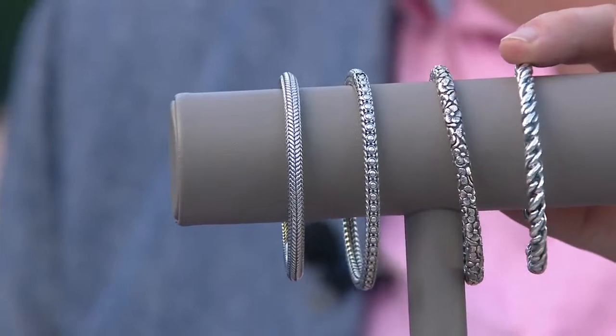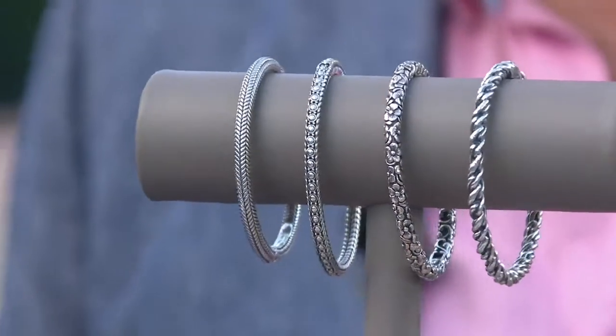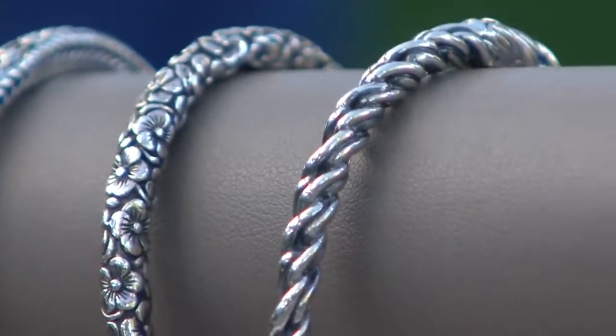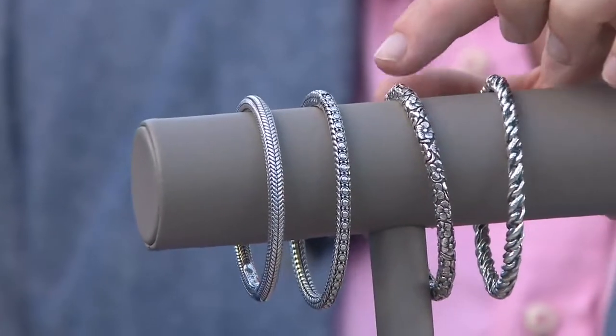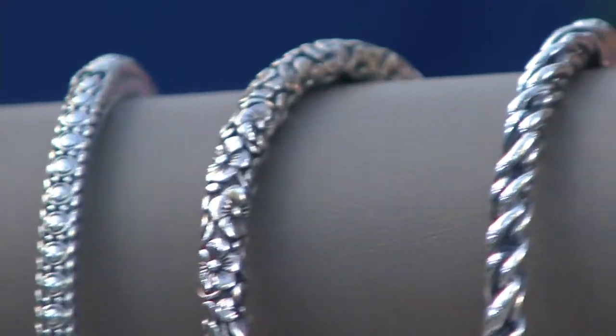Started with my travels through Alaska. The rope looks really thick, by the way. Don't you think? Like the gauge, it looks huge. The gauges here are 5 millimeters, so they go huge. Right back to our 5 millimeter best-selling box chain. Then look at the detail on the flower. Wow. Remember, all of the detail is around the entire piece. There is not a back grill. It's all